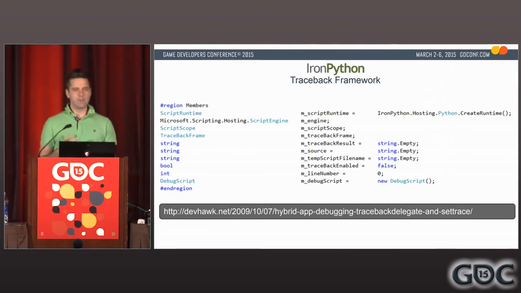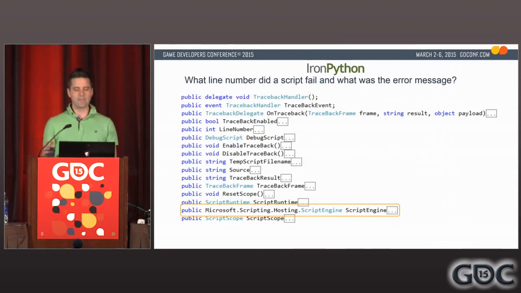Here, the idea, the awareness that it exists is more key than exactly how to do it. But what's going on right here is we have a hook into that exception. So at any time there's a problem with a script that gets run, it has a mechanism to pipe that exception back and tell us what line number a script failed on, and what the error message was. And then we can do something meaningful with that information. There's a bunch of other stuff going on in here, but again, I'm not going to linger on this particular side of things. What I want to do is move on and look at the script engine